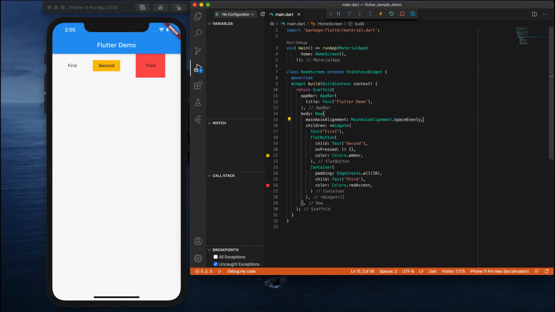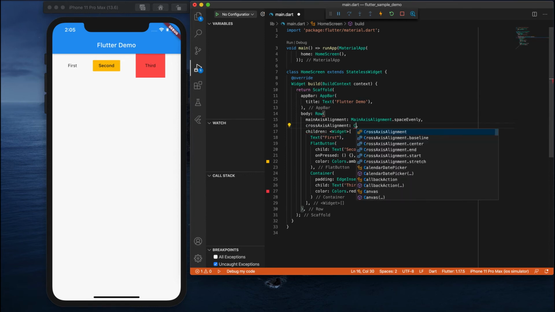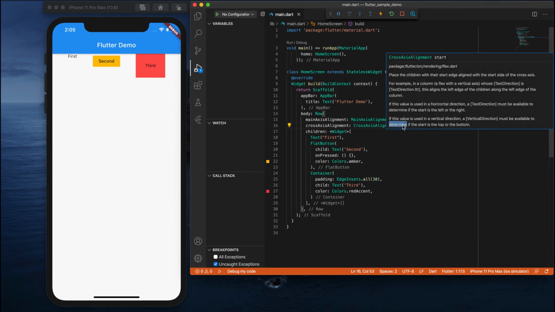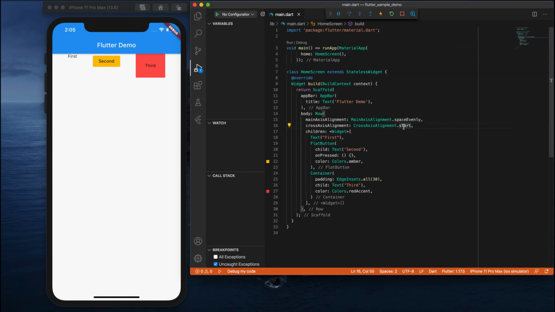Along with this you have another one for vertical alignment, which is cross axis alignment. In cross axis alignment again you have different options: center, and when I call start, you can see it is aligned to the top of all the widgets. When I write end, it won't go down, instead it will take the highest widget and align itself to the highest widget.